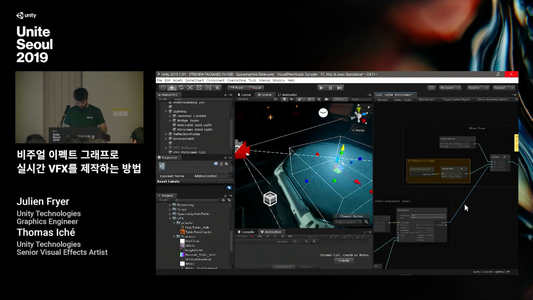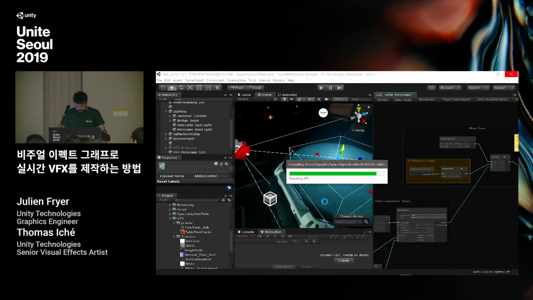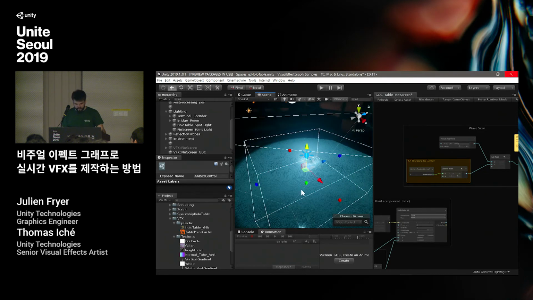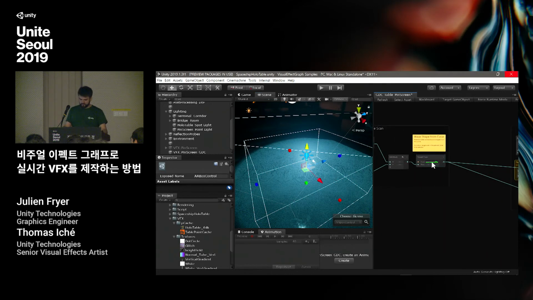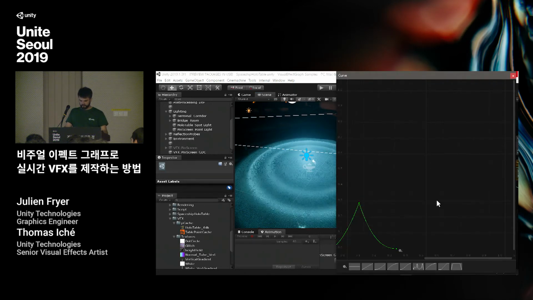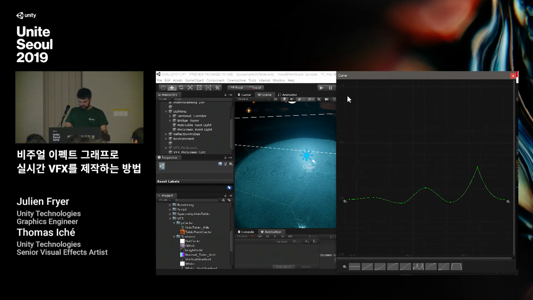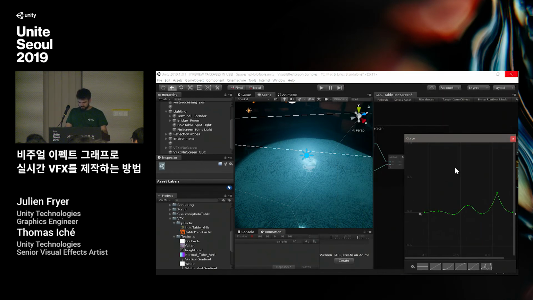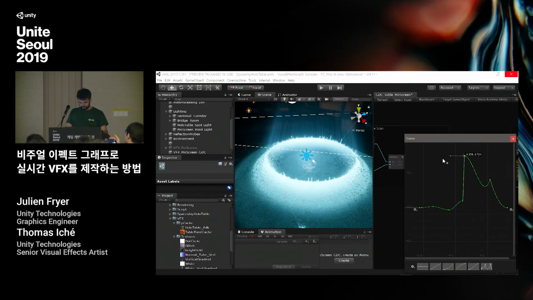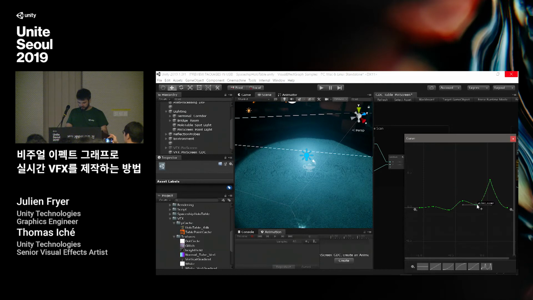If I disable the noise here, you will see that the ripple is totally uniform. The ripple is driven here by this curve, so I can adjust the shape of this ripple directly using this curve. So I can make really custom shapes.